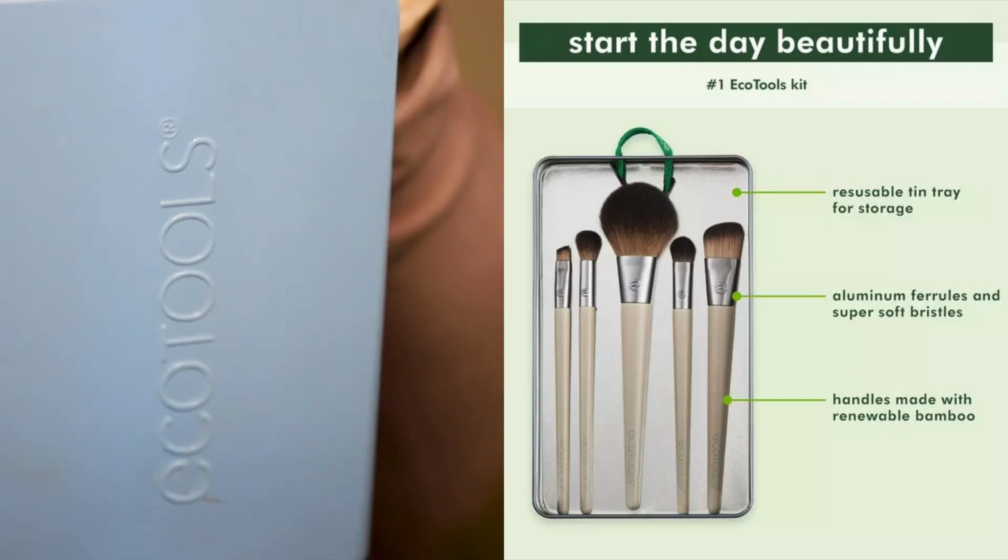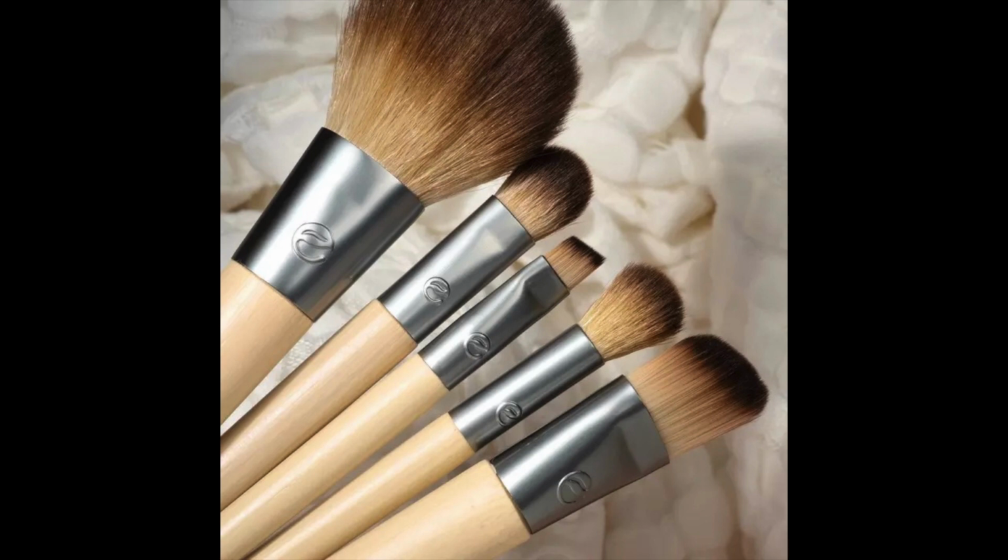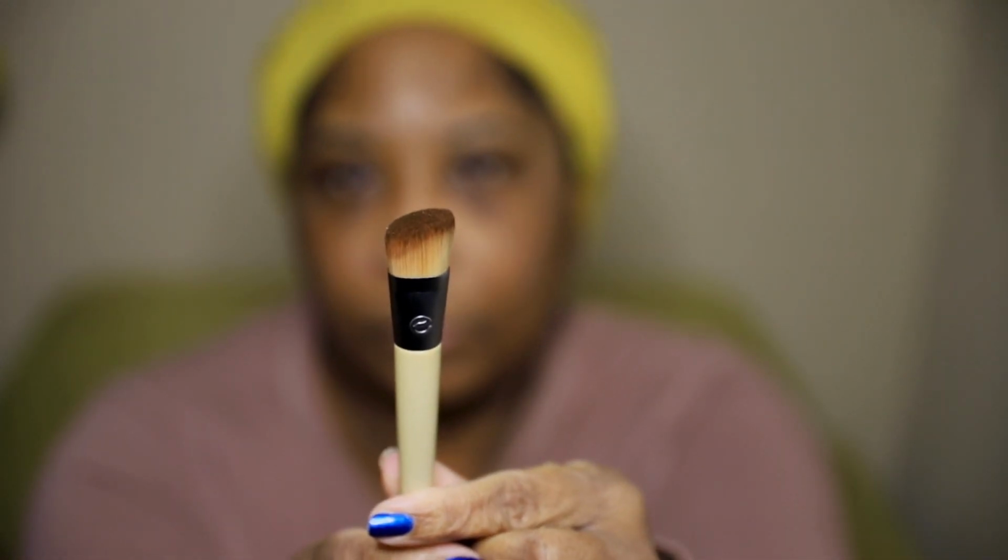This set includes a core collection of 5 essential brushes and a storage tray. The brushes can be used with liquid creams or powder eyeshadows, blushes, and foundations. The reusable tray is used to provide organization to customize and unclutter your beauty space. The set comes with an angled foundation brush used to create an even base, a multitasking blurring brush used to hide blemishes or apply eyeshadow base,